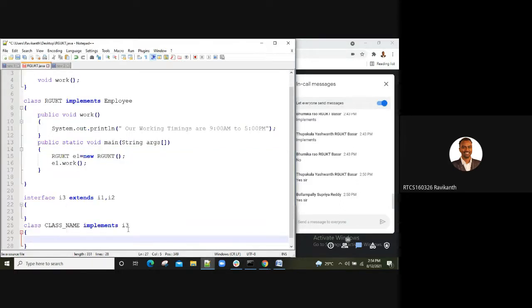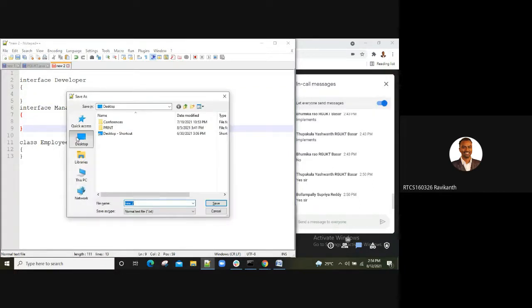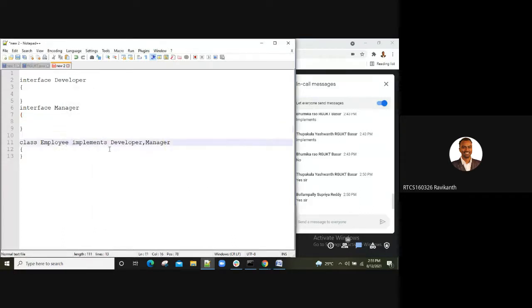Class name implements i3, where i3 extends i2. Fine, multiple interfaces, right? Now imagine I have written some method here. Before that, let me save my program on the Desktop as employee underscore rgukt.